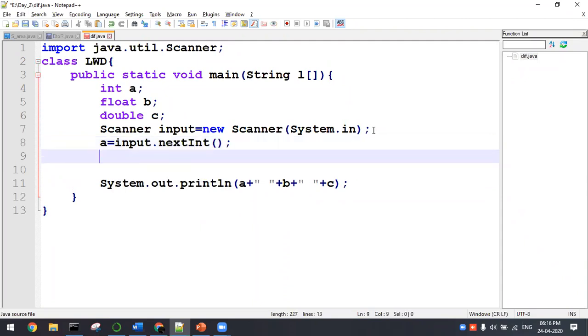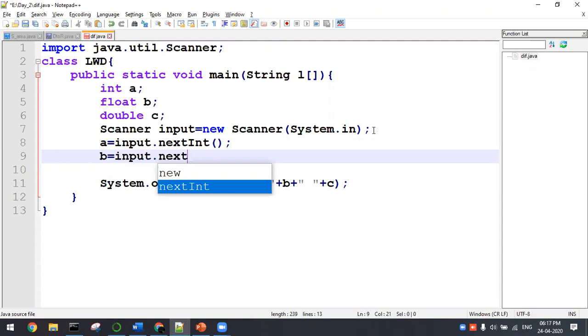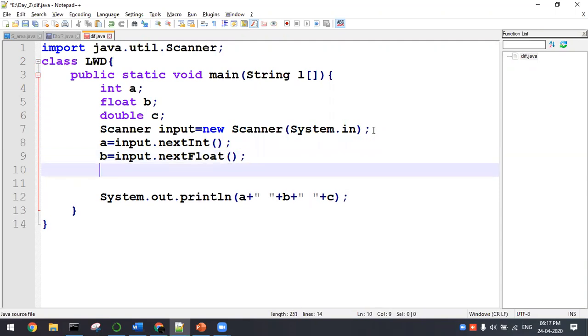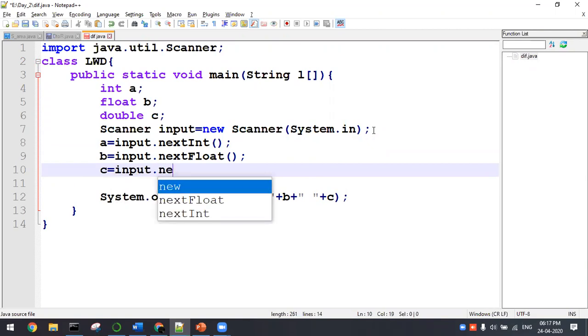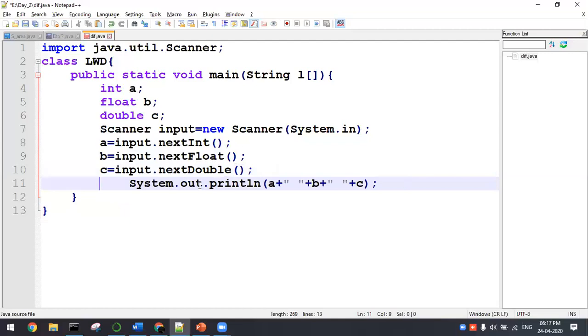Similarly, b is nothing but the int input value. Similarly here in float, float of, again c equal to input dot nextDouble, got it? So this is how you have to get the different numbers, similar to your integer.